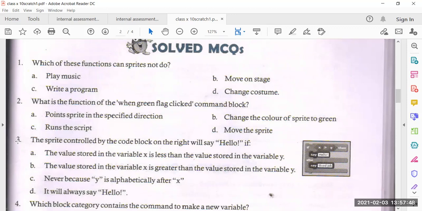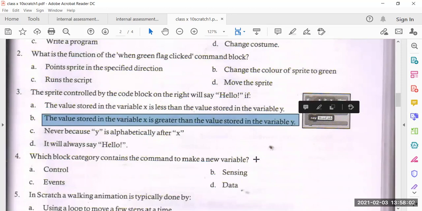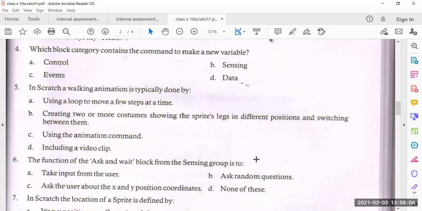A simple thing: just see it, x greater than y. So option B is correct, the value stored in the variable x is greater than y.